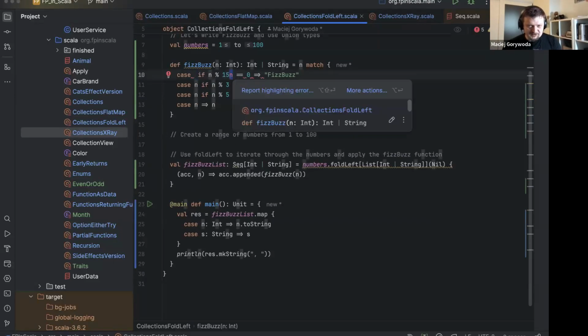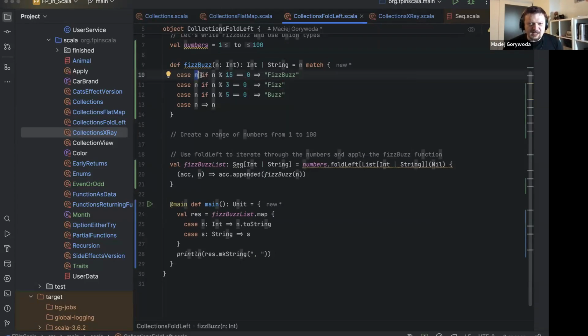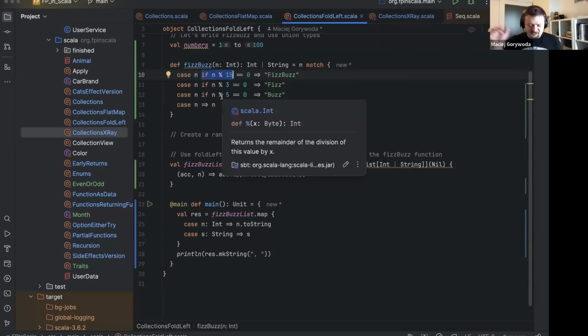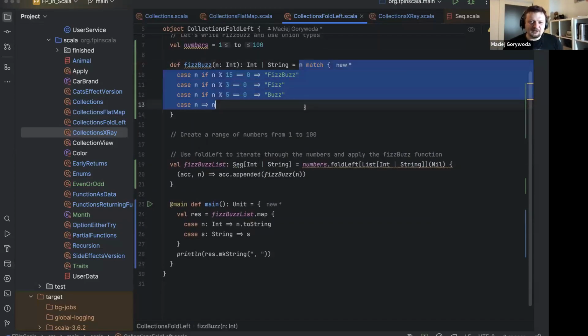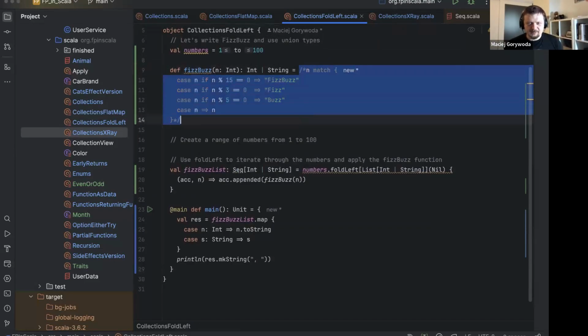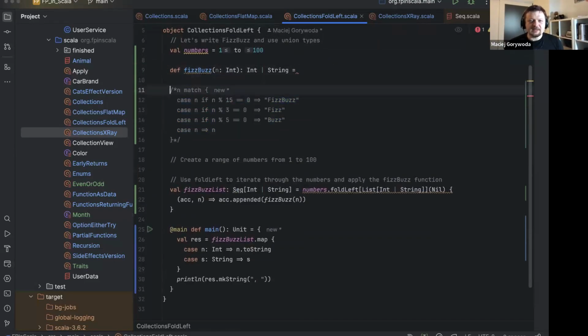What I care about is this if clause, and that turns my match case into just a sequence of ifs. This part could be written instead as